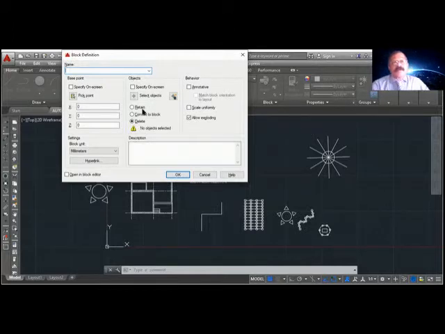Then you can use the retain, convert to block, delete, etc. This is for original objects. Retain means keep the original object as it is. Convert to block, to convert the original object to block. Delete means to delete the original object. You already created that block, so you may not require it. You can delete.